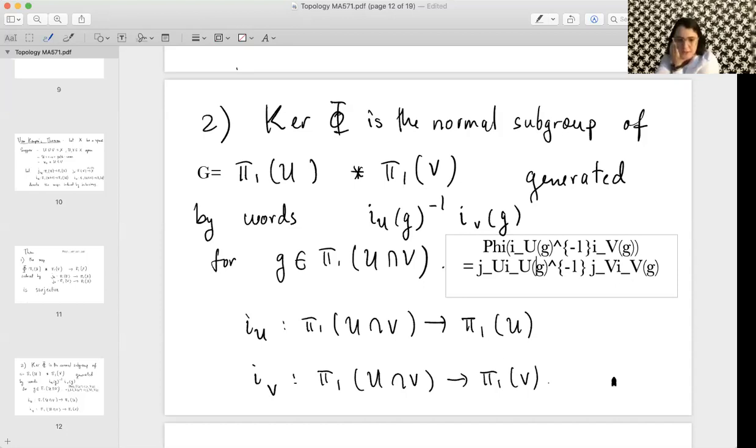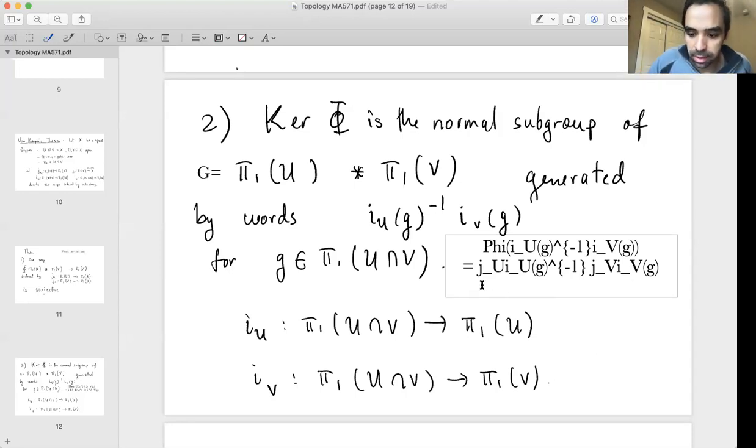This should be the identity then, right? The element, I should say. Because you'll end up with g inverse times g, right? Not the identity. This will be the same element. So I can write this as i(g). I'll explain why it's not the identity. Maybe let me use another letter instead of i. I think i is fine. I'll explain why in a second. This is the same as this,